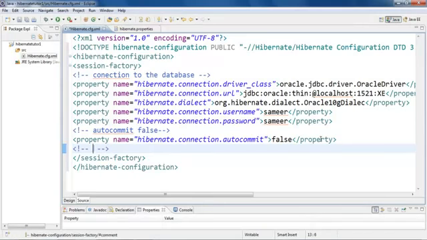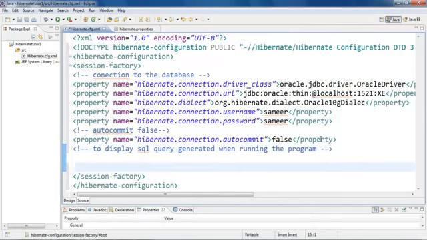Alright, so for that, to display the SQL query generated when running the program,